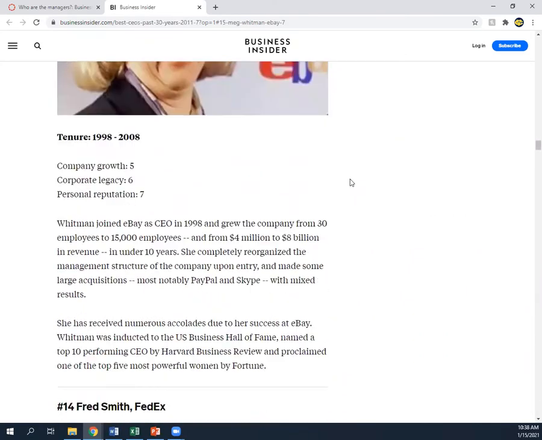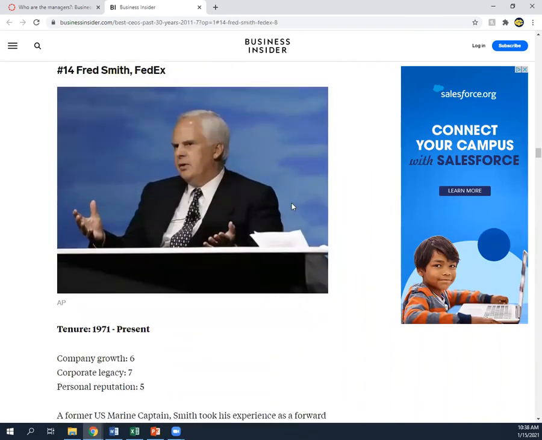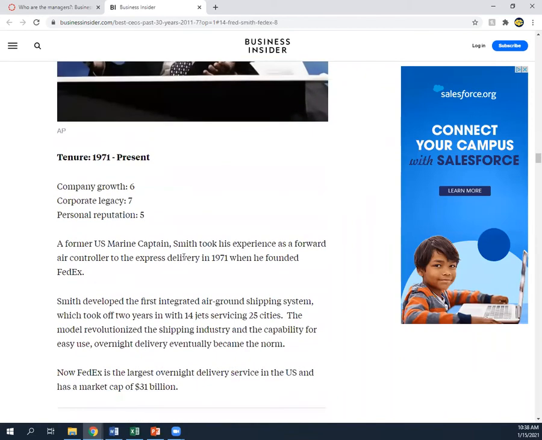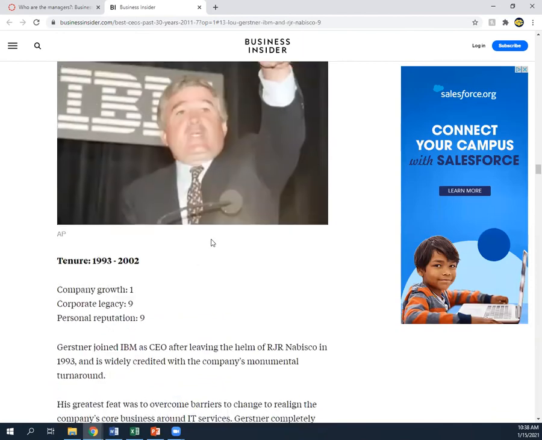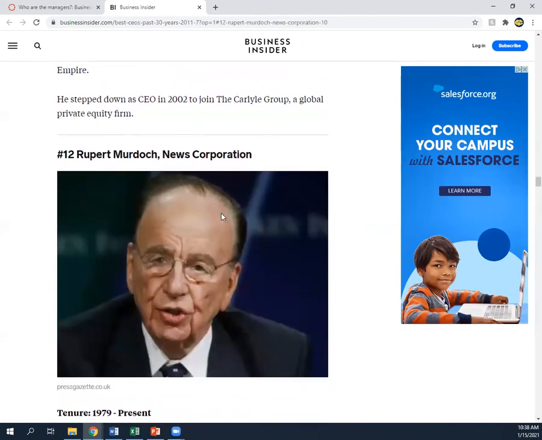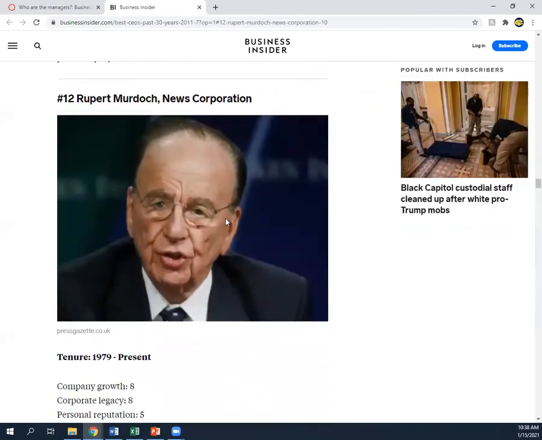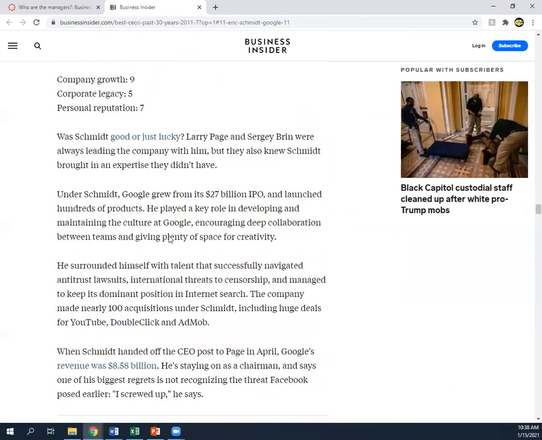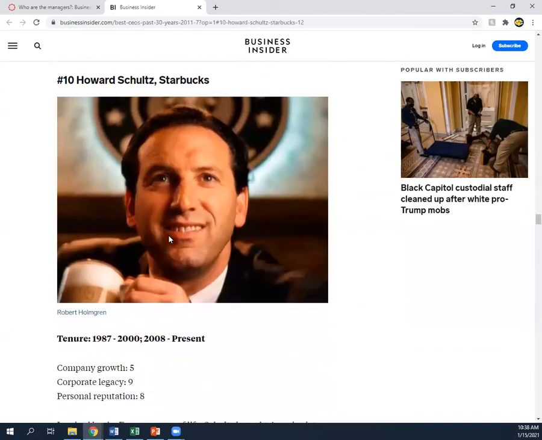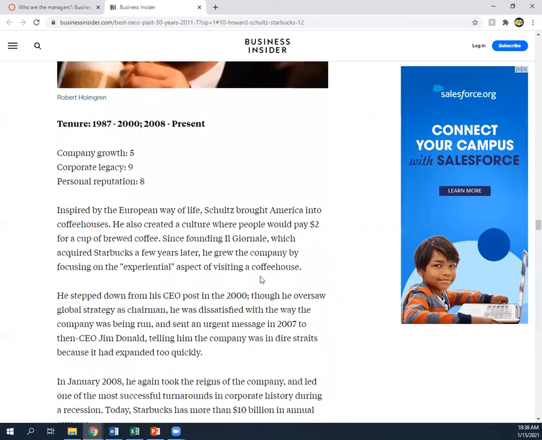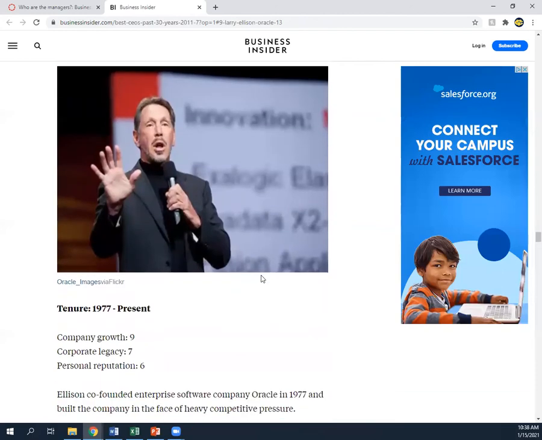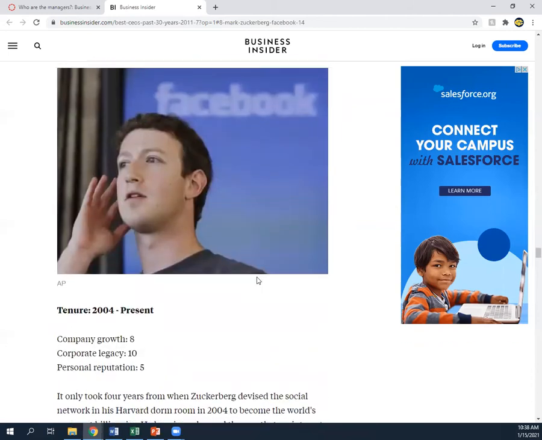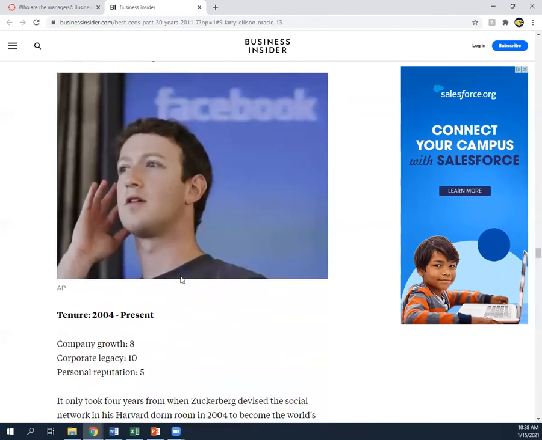I was about to say that was like an old picture. Obviously the guy who runs FedEx, that's a long time. IBM, that was older. News Corporation. Wow, that's a long time. Trying to think of anyone we know. I don't really remember him. Howard Schultz, Starbucks. Yep, and he's still doing Starbucks. Oracle, I don't really know him that well. Mark Zuckerberg running Facebook. That's a little iffy considering he's been on